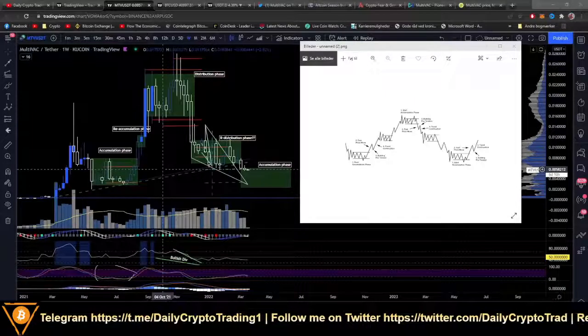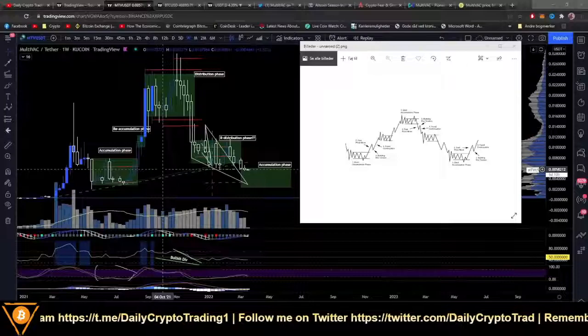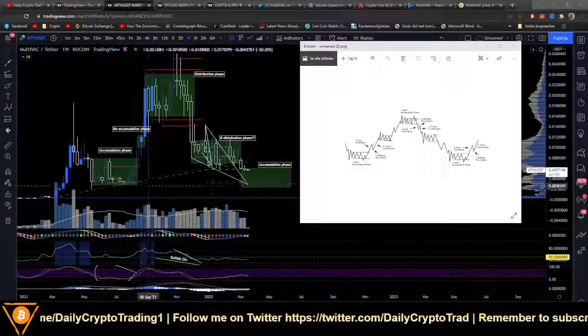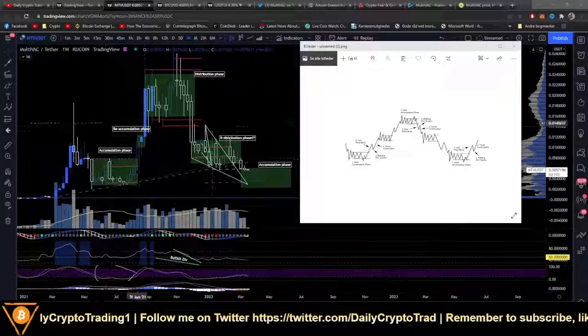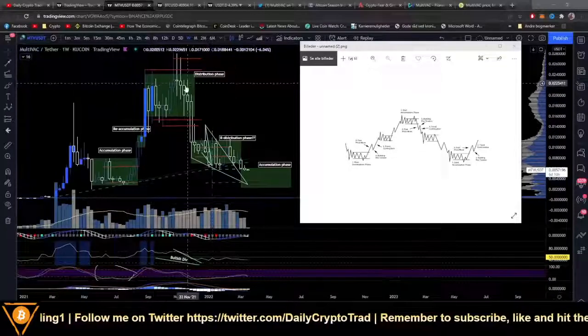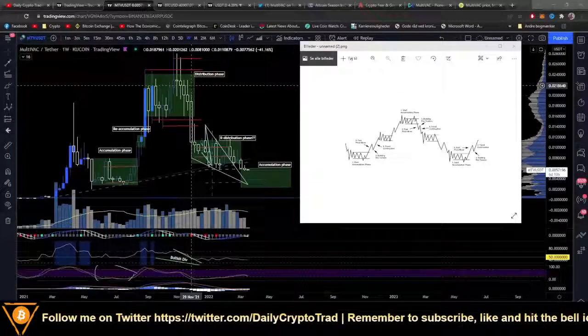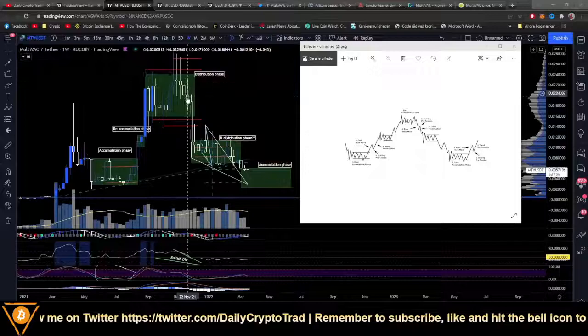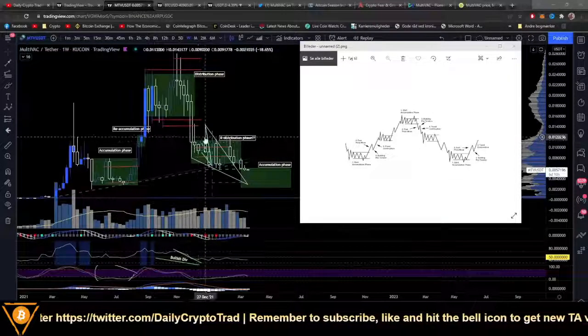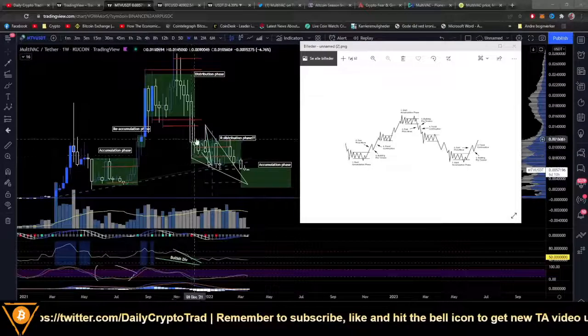Let's look at the schematic, the Wyckoff schematic with the accumulation and distribution phase and so on. This is actually playing out pretty well. We have the accumulation phase right there, reaccumulation phase. Then we have this big distribution phase where big players or players in general are just selling their MultiVAC tokens off to get some profit, right? That is totally fine and perfectly normal. All right, there's a lot of big players at the moment selling off.